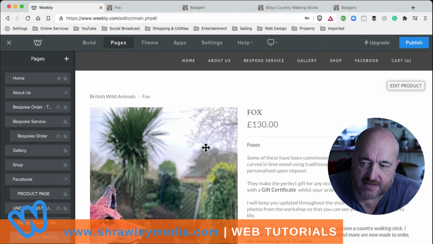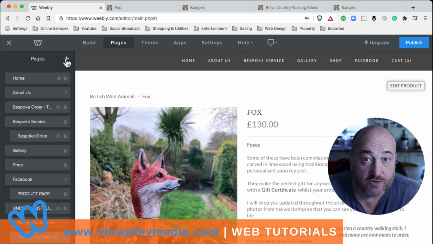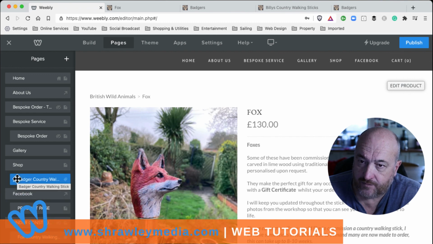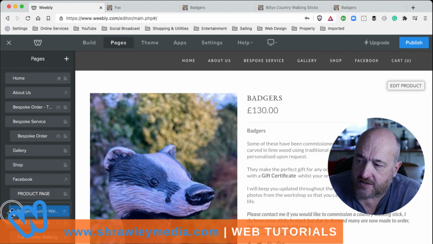And then after that, if you want each item to have a product page, which means that it's got extra, maybe generic information underneath the item information, you create a specific product page here, add that product page, search for the item you want to be in that product page, rename the page as the same as the item, and then if you want it visible under shop, you just drag the page to under shop, and then it will be visible underneath. If you don't want it to be visible under shop, drag it to under an invisible page,